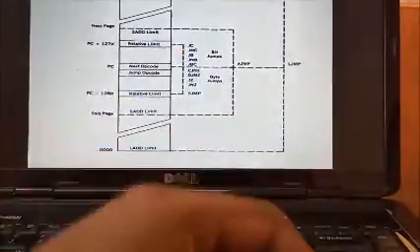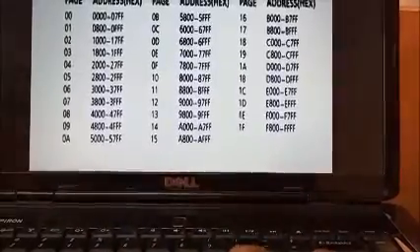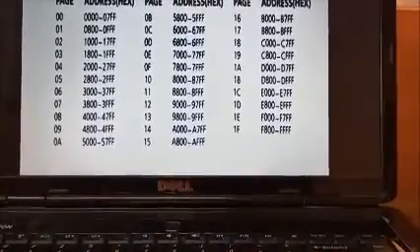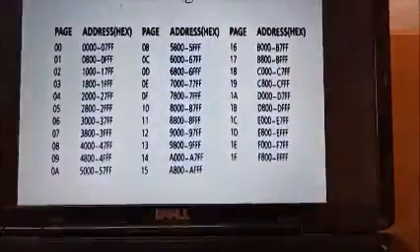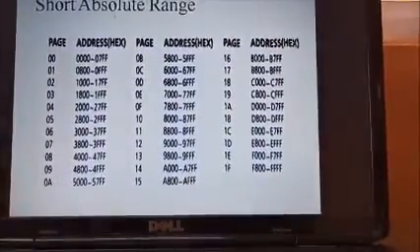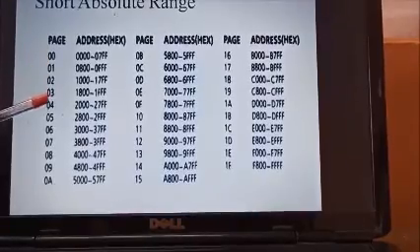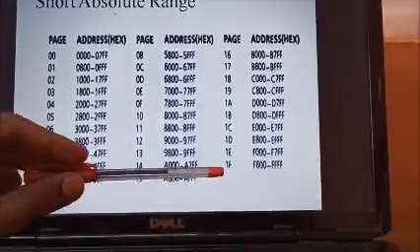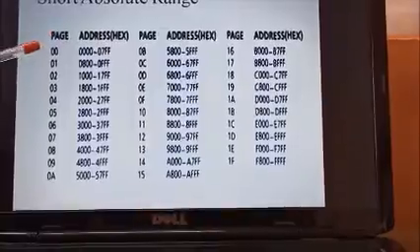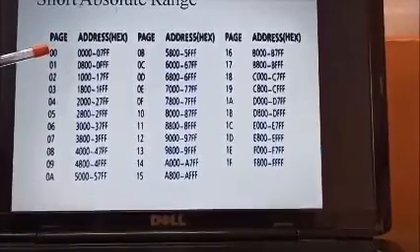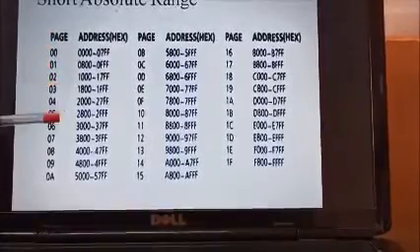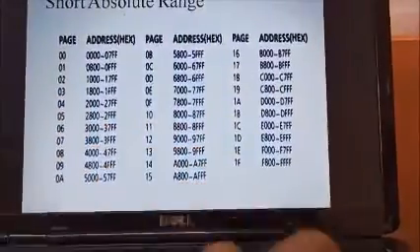After the relative jump, the next one is the short absolute range. Here he gave the page numbers: 0, 1, 2, 3, 4, 5, and so on up to 1F. If you count these page numbers, it gives the total of the